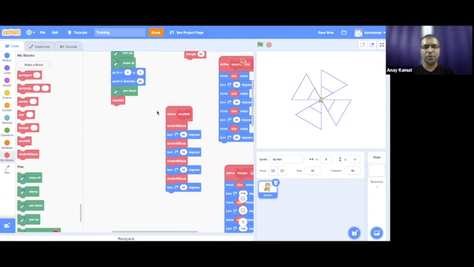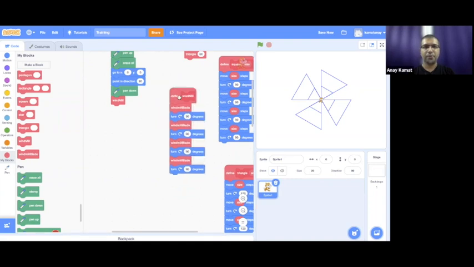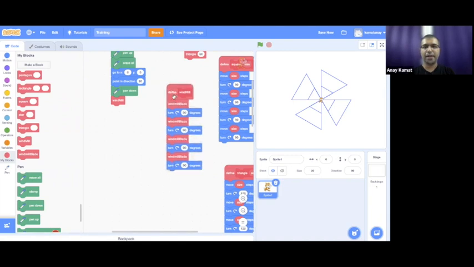What I need to do is, in order to rotate this, I need to draw a windmill, then change the orientation of my cat, erase everything, and draw the windmill again. And I need to repeat this process. So how should we do that? We have our windmill with us here, and we need to change our orientation a bit towards the start.